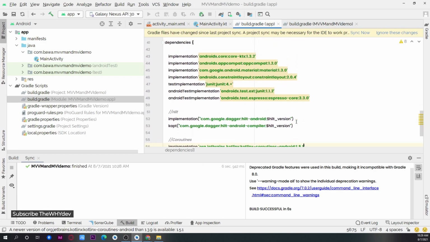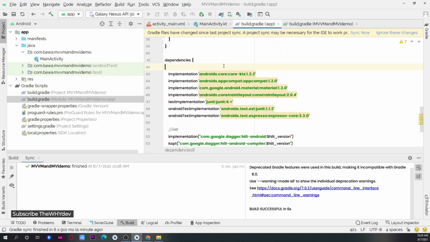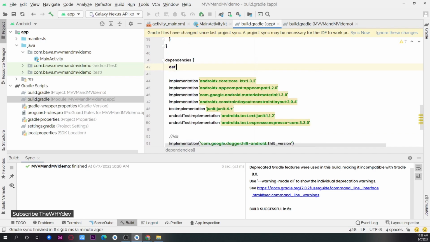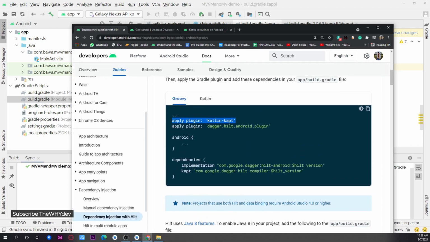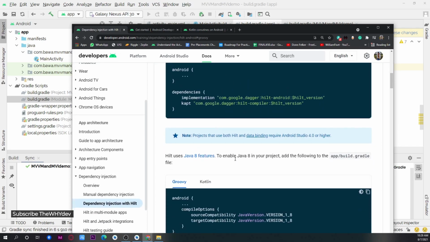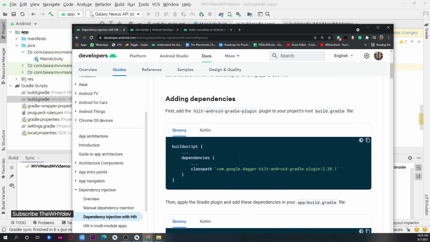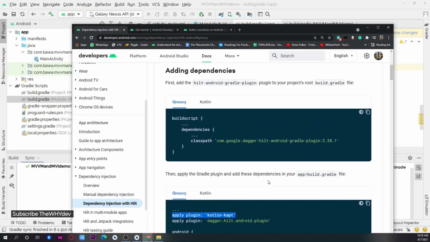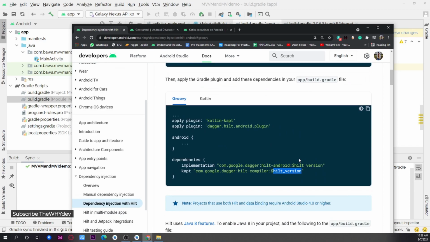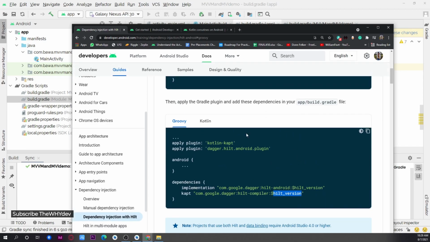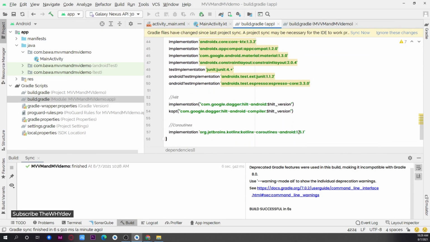All right. There's the Hilt version. We haven't defined any Hilt version, so we can definitely define here hilt_version. And what was the Hilt latest version? Let's check out Hilt. Okay, this is the classpath version. So the Hilt latest version is not given here. Interesting. So what we're gonna do is instead